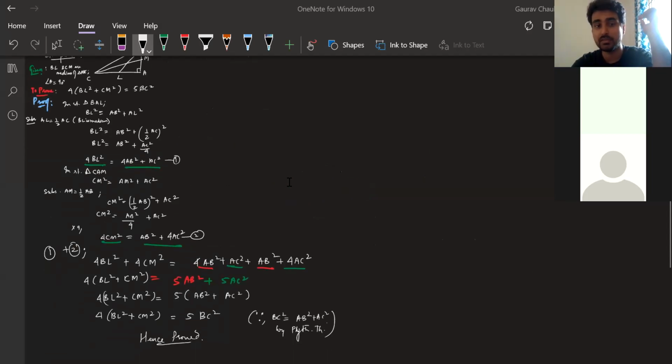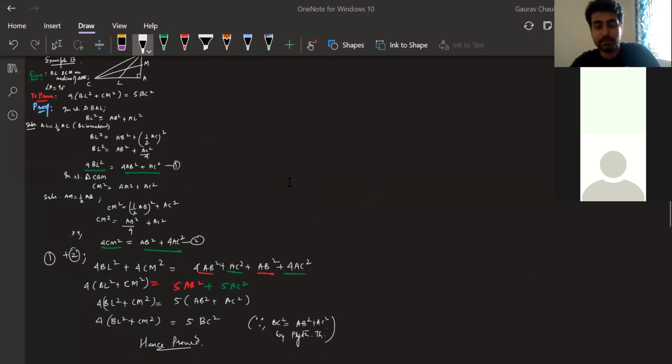Just be clear, this whole exercise is full of proofs like this. They will give something like this square plus this square is equal to something other square plus something else square. It is just manipulation. You see what is on the left hand side, you see what is on the right hand side, and you move things around. You just do the square and you move things around. That's all.